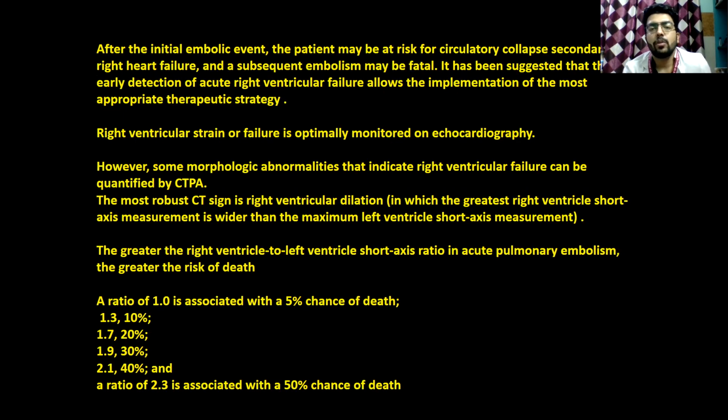So right ventricular strain or failure is optimally monitored on echocardiography. However, some morphologic abnormalities that indicate right ventricular failure can be quantified by CTPA. The most robust CT sign is right ventricular dilatation. The greater the right ventricle to left ventricle short axis ratio in acute pulmonary embolism, the greater the risk of